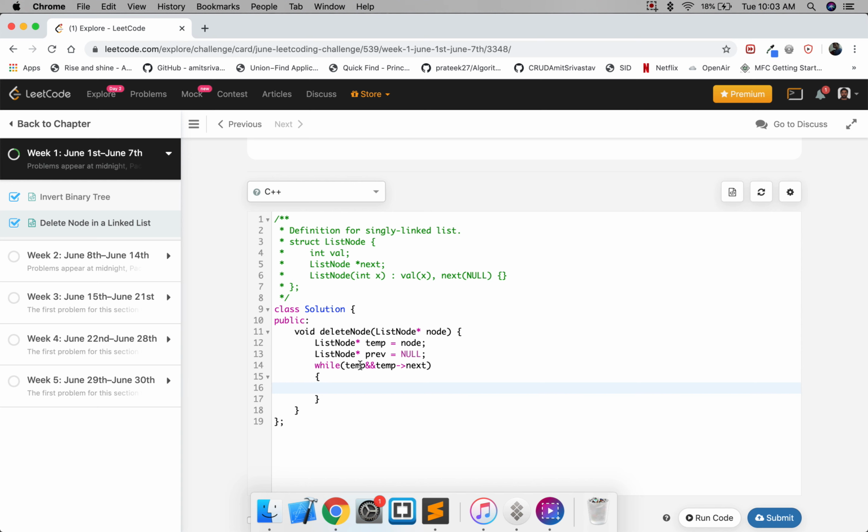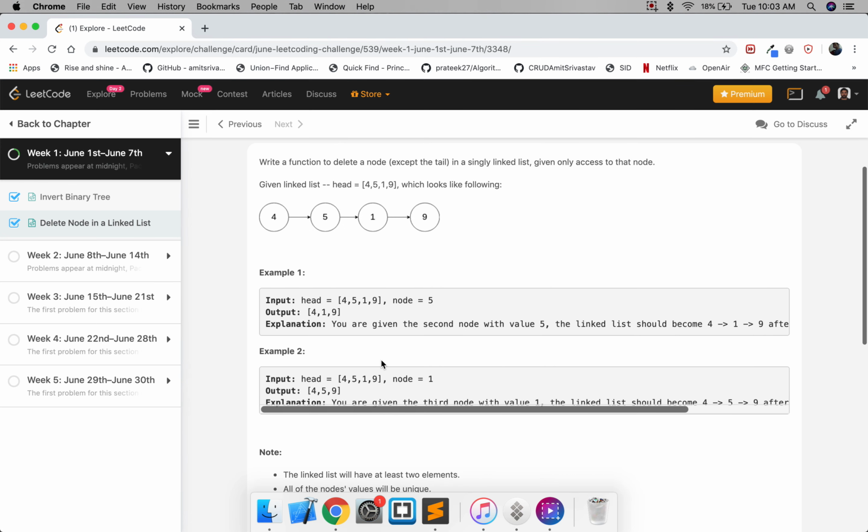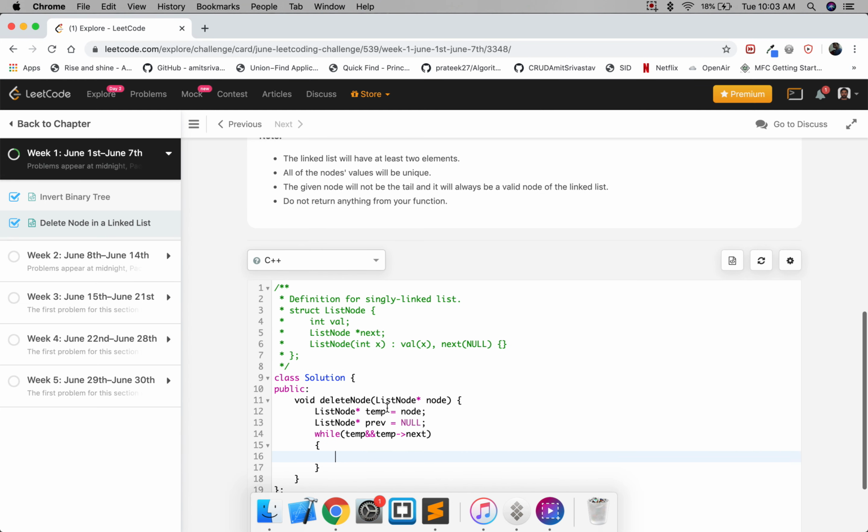So we are just making sure that when we iterate through the list, we are not out of the list, and even the next node is not null. So why we do that is, let's say we are here. So in that case, if we are trying to get the value of the next, it would be null and it's going to throw an exception. So we have to put a check for the next also, that next is also not null.